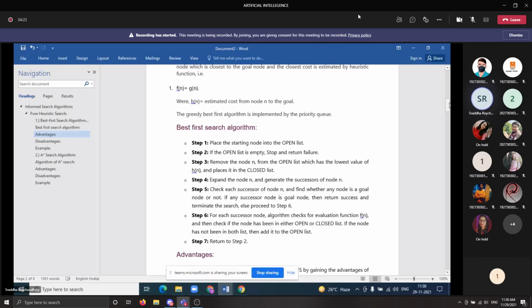और open में जो नोड हम लोग डालेंगे, और जो वो नोड आया उस नोड को हम लोग चेक करेंगे उसका सक्सेसर कौन सा है, उसका चाइल्ड नोड कौन सा है. उस चाइल्ड नोड को हम लोग चेक करेंगे कि वो हमारा गोल स्टेट है या नहीं है, अगर वो हमारा गोल स्टेट है तो फाइन हो गया, हम लोगों को और सर्च करने की जरूरत नहीं है. अगर वो हमारा गोल स्टेट नहीं हुआ तो हम लोग उसको